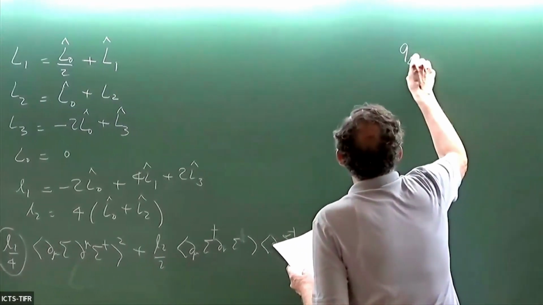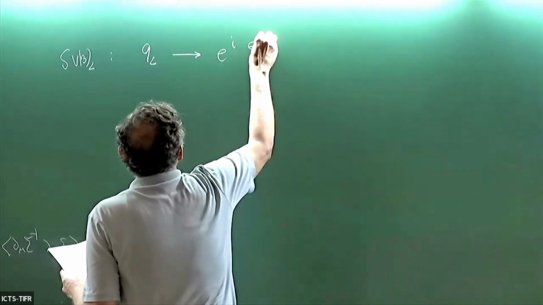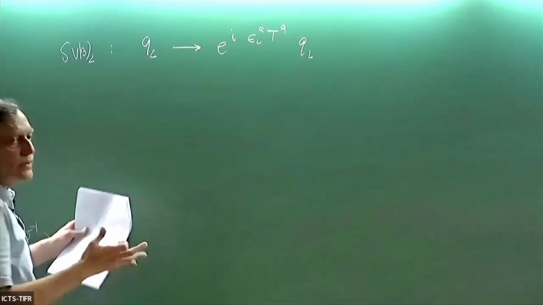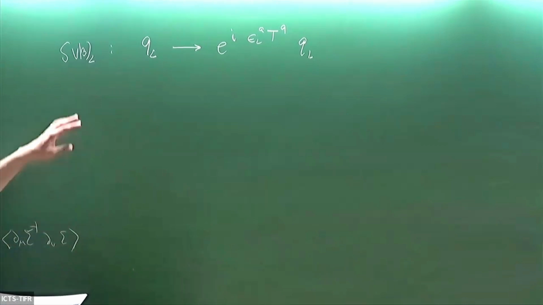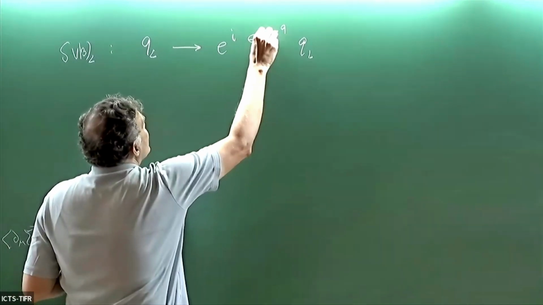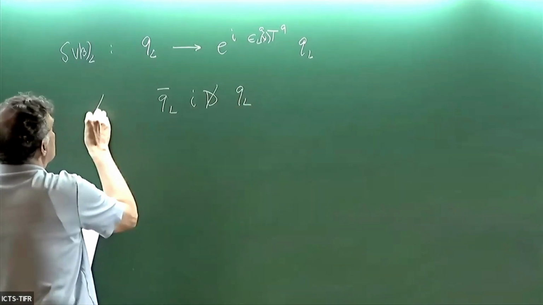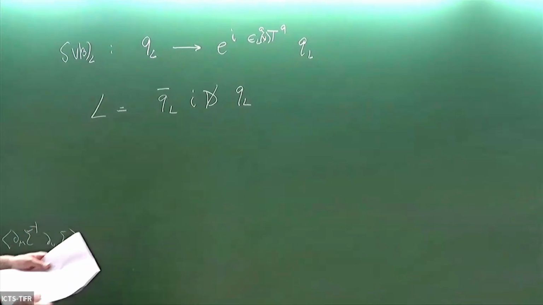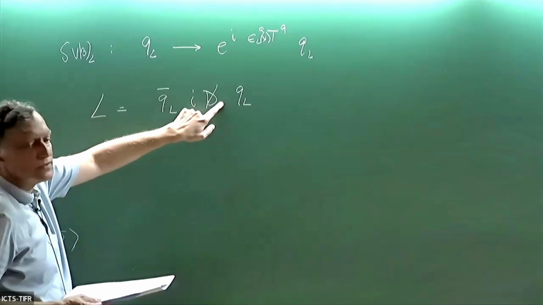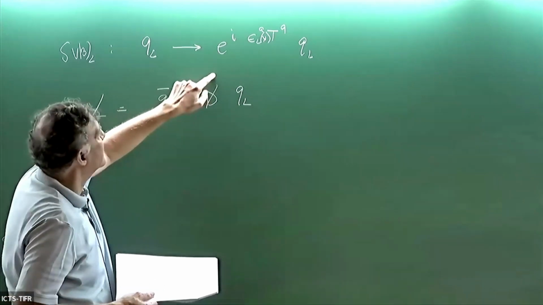So the transformation we had, the SU3 left transformation, q left went to e to the i epsilon left A TA times q left. And if I take the QCD, okay, so I want to calculate the symmetry currents corresponding to these transformations. And this is a global transformation, and the way you calculate the symmetry current is you make the same change of variables, this one, but you make epsilon a function of x. If I take the QCD Lagrangian, the relevant term is this, the kinetic term for the left-handed quarks. And when I make this transformation, this is a unitary transformation. It would cancel because you would get the transformation here and the Hermitian conjugate on the other side. But if epsilon depends on x, there's an extra term where the derivative acts on the epsilon,